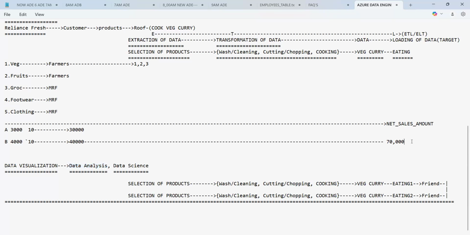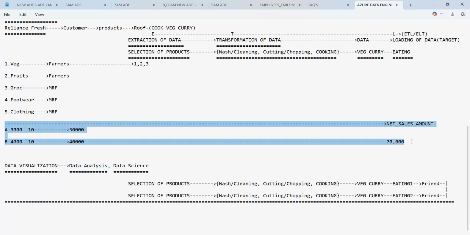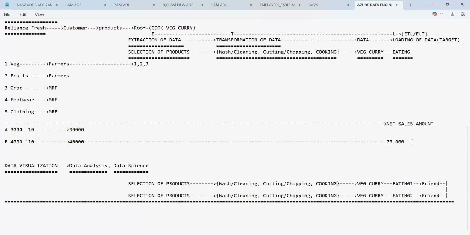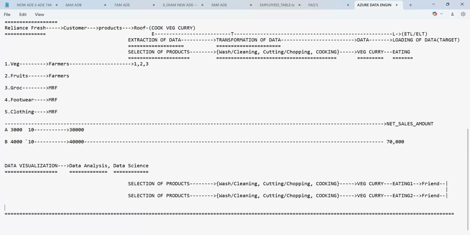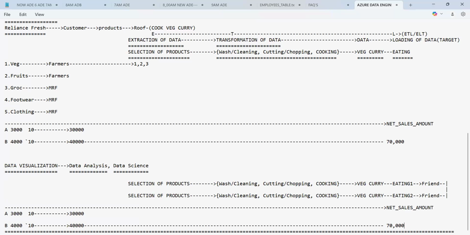I'll take this example. This is the one you have. Now let us add one column here: date of sales, DOS. Here also date of sales.